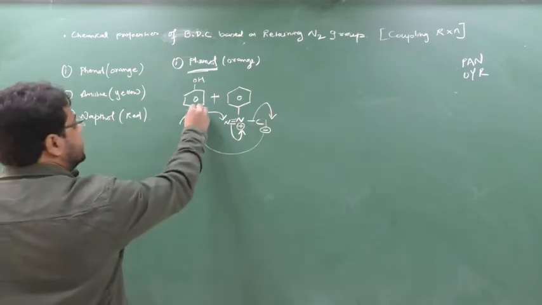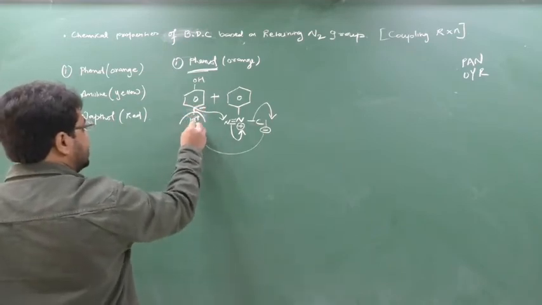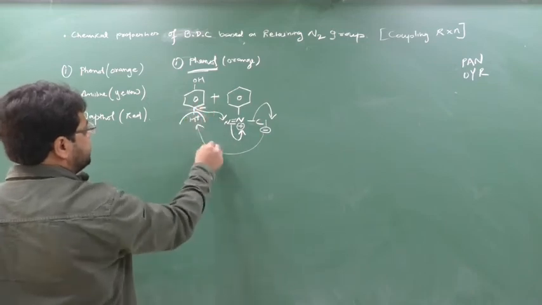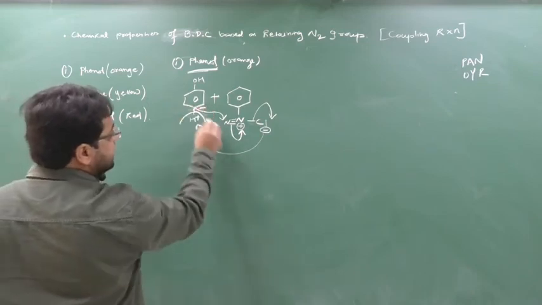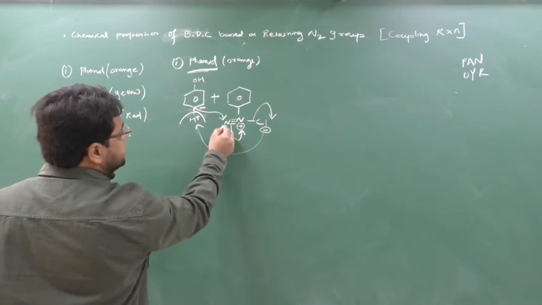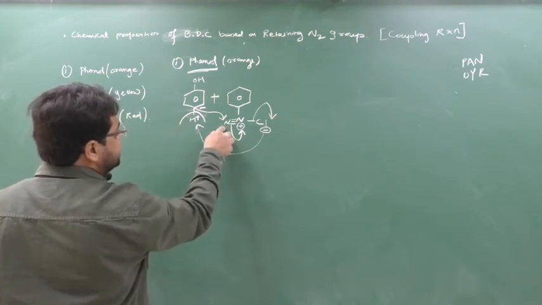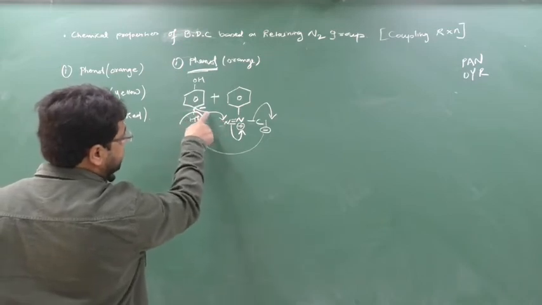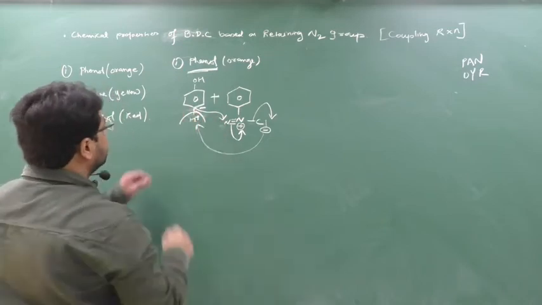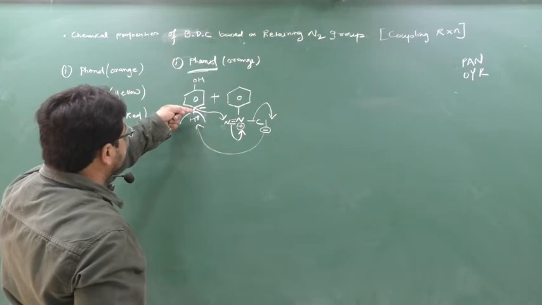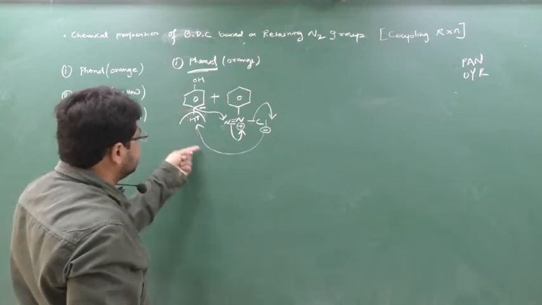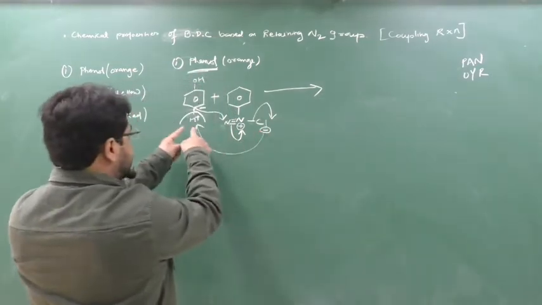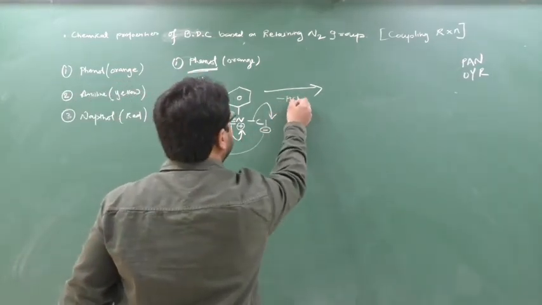Now see here. There is a carbon, there is a hydrogen. So this is an acidic hydrogen. The acidic hydrogen is removed as H plus, so a minus will be created here. As this nitrogen is giving the electron, it creates a positive charge. So this carbon will attract here, and nitrogen will be attracted to this carbon. When nitrogen is attracted to this carbon, this hydrogen will be removed as H plus. This H plus will react with this Cl minus to form HCl. Now what happens here? This Cl minus and H plus have moved to form HCl, and here coupling has formed.